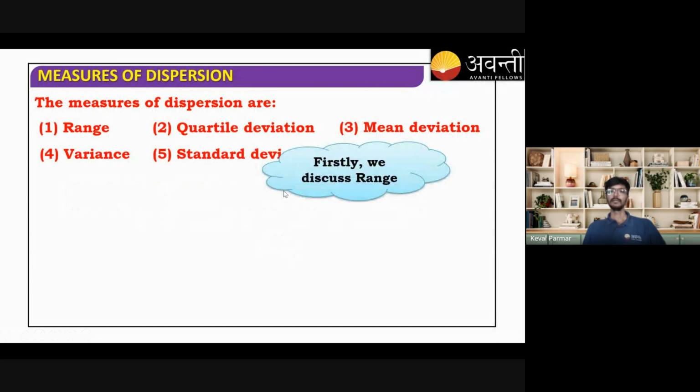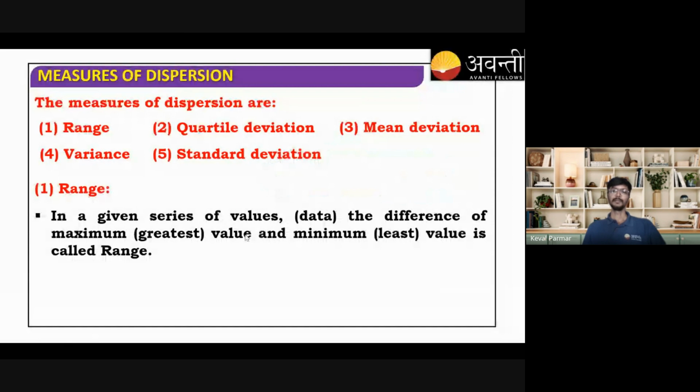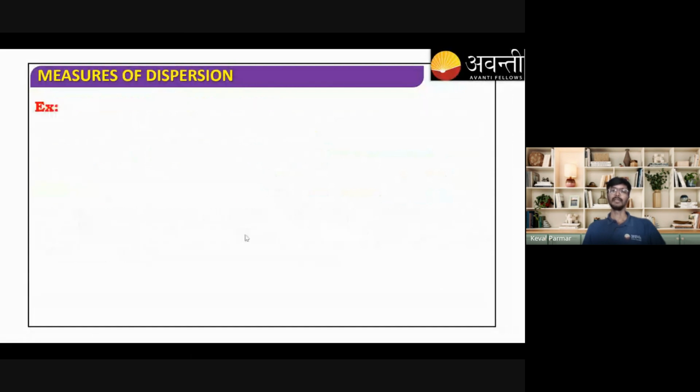Range, I think we have already discussed. Highest value minus lowest value. The difference between the maximum and the minimum value is called range. Example, here in this data